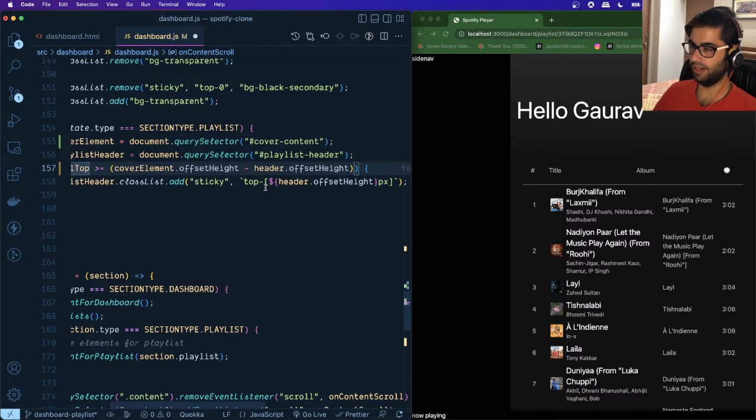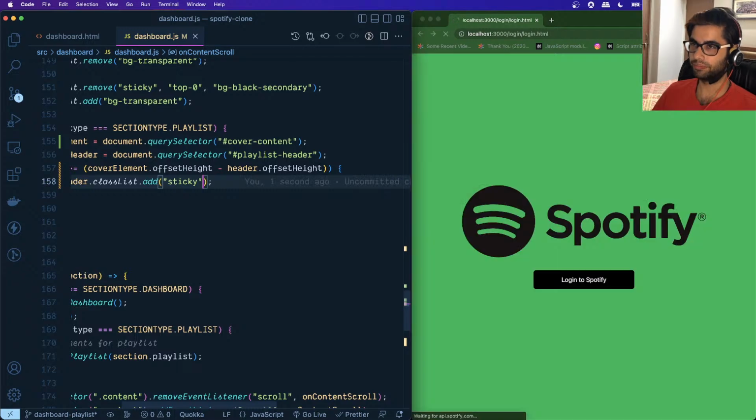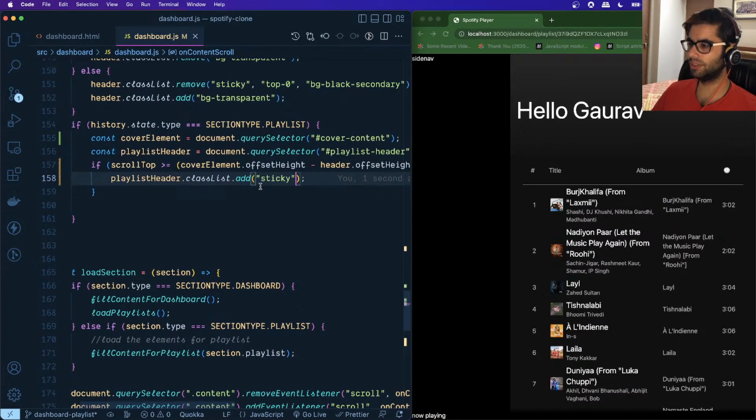So let's do that. This particular way of giving an arbitrary value was not working because when Tailwind is passing through your files, it will not understand statically what the value of this is. So this will not work in this scenario. It needs fixed values. Okay, so we'll do this part manually. What we will do is